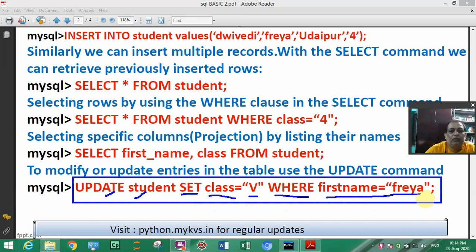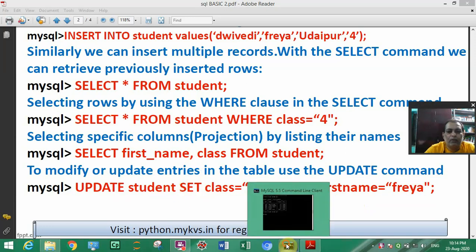These things you have to keep in mind. Update student, set field name equal to value, where condition.